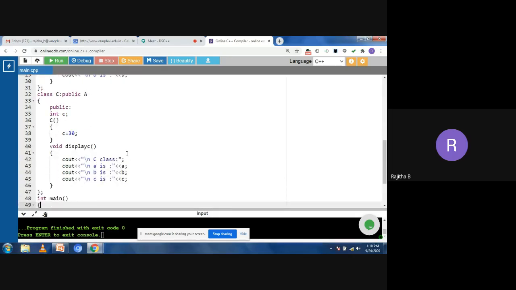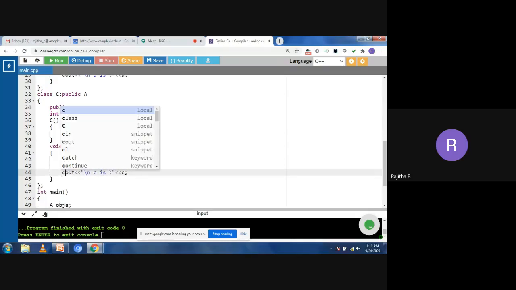In class C, if you are taking multiple inheritance, we can access the class B data members in the class C. But when you are taking the syntax like this here, we can access only the A class data members in the C class. So what are the A class data members? Only A data members. And what about the C class data member? Only C. But what about this B here? It belongs to some other class, that is the B class. But I am not deriving the B class into the C class. I am deriving only the A class properties into the C class. So in that case, we cannot access this one. Okay?